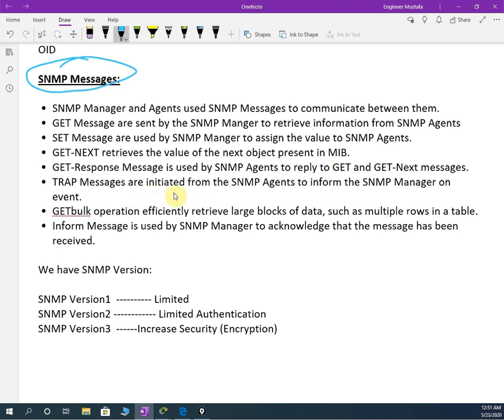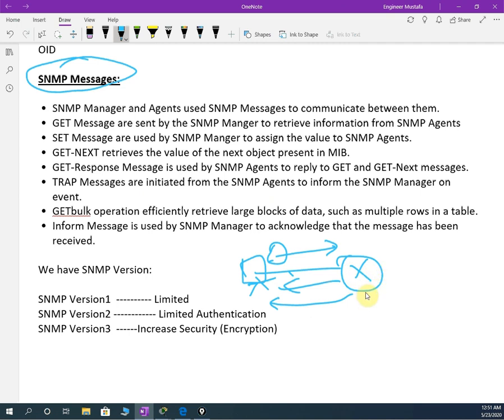And the trap message is also initiated by the agent. Like, if this is a router and this is our manager, every time the manager sends something, the router replies. But suddenly something goes wrong. Without being asked, the agent can send a message. The manager asks what the status of a question is, and the agent replies, but before being asked, or if any other event happens that is configured, it can send that.